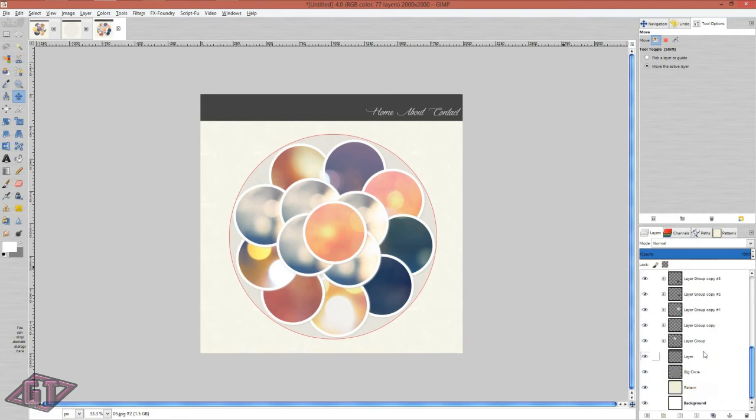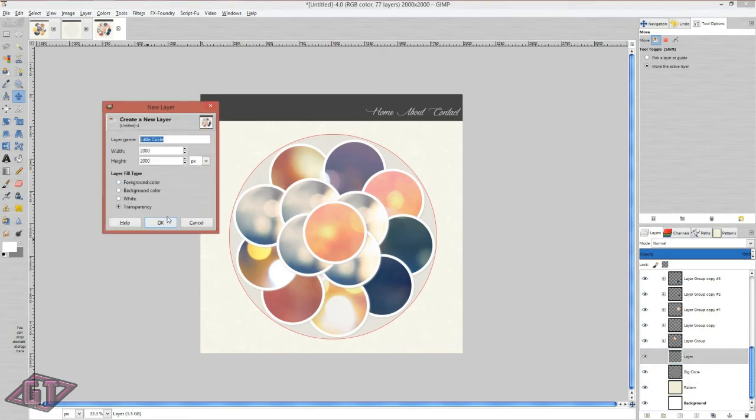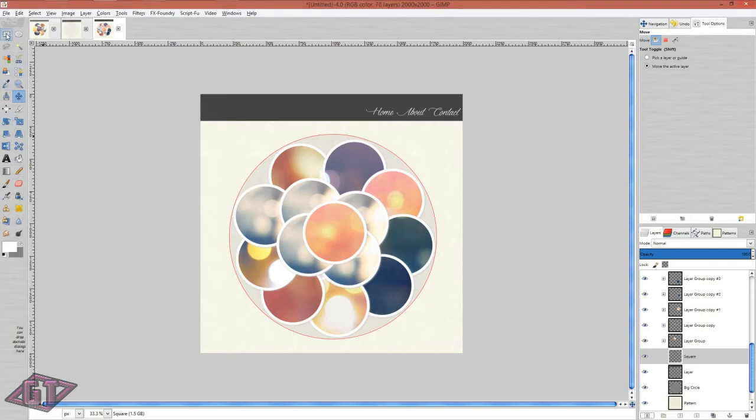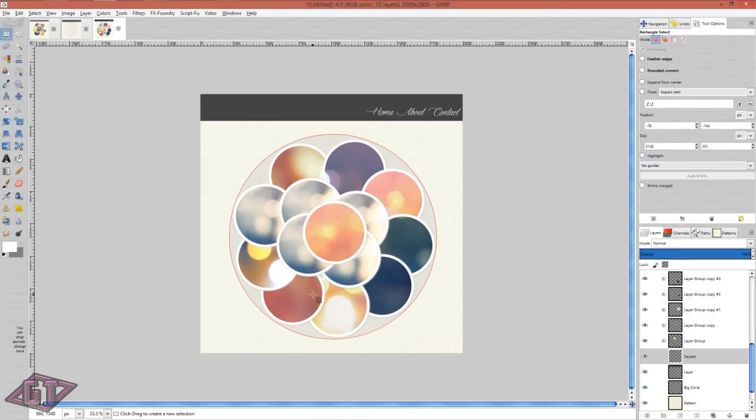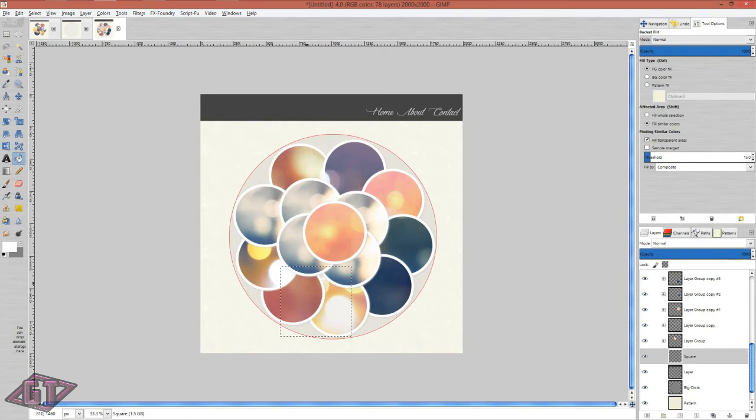Alright, let's go all the way down to the bottom below the first layer group, and let's add a new layer, and we'll just name this square. And we're going to go to our rectangular select tool, and we are just going to make out a square however big you want, and we're going to make it white. So grab your bucket fill tool, fill it in with white, Control Shift A,